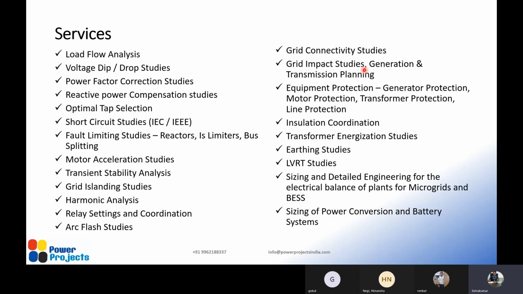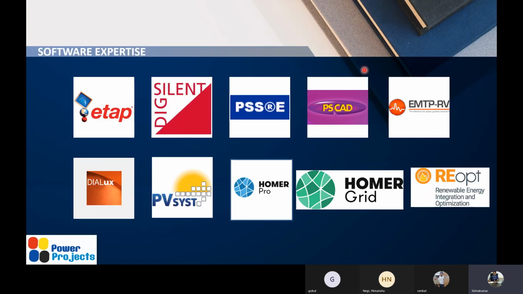In addition, we do training as another additional service. Previously we used to do only classroom trainings, and because of COVID-19, we have started online training as well. Now we are moving to a learning management system where the recorded sessions will be available, so the participants are able to refresh as and when they need. That's what we have as of today.